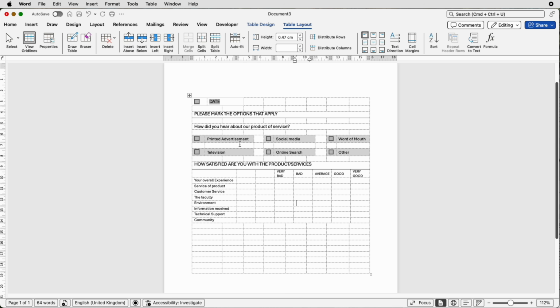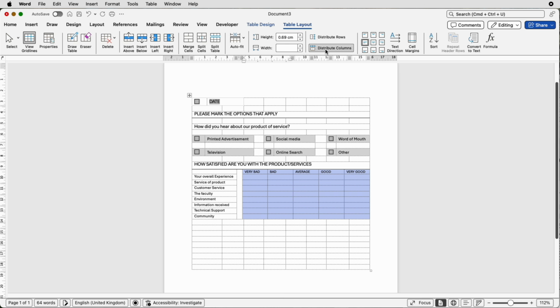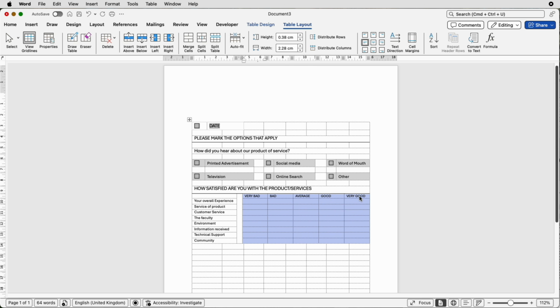Because we've had to make so many columns for this section here, we've got too many columns here. So what I'm going to do is select these two, go to merge cells, and I'm simply going to move this line all the way over here, and then once again select this, go back up and select distribute columns, and then with the text here I'm going to select center align, and then with all of these cells here we're going to go up to the table height or the row height and select 0.7 and